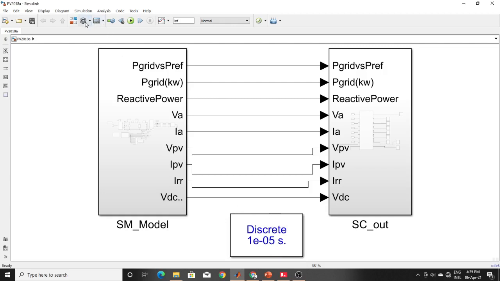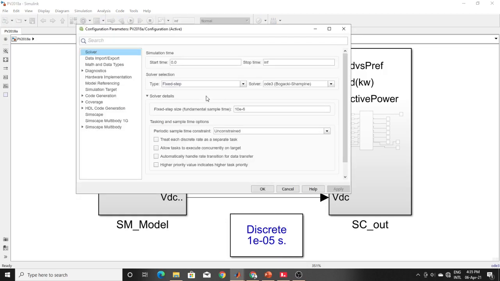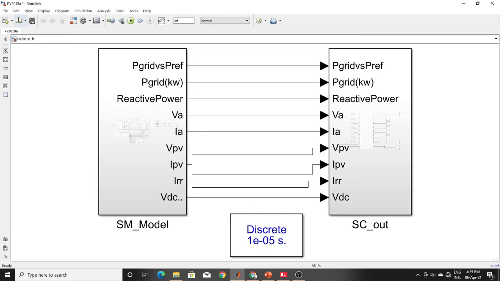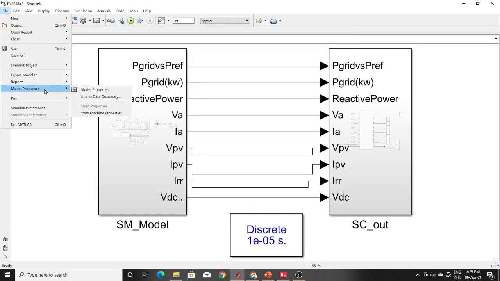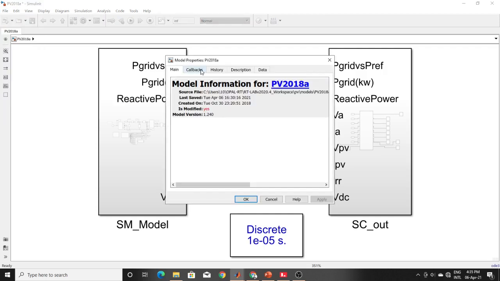If you make it less than 10 e minus 6, meaning less than 10 microseconds, let's make it 2 e minus 6, and apply. I'm just showing how you can face the problem.